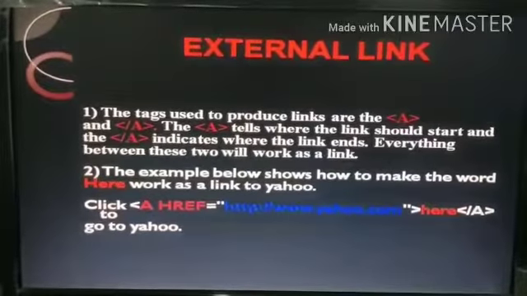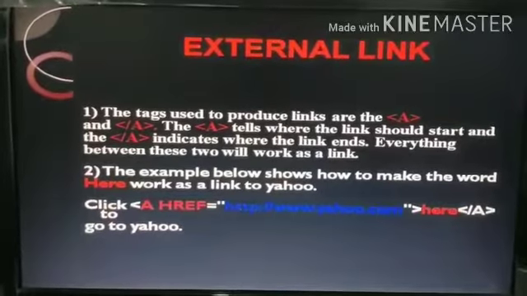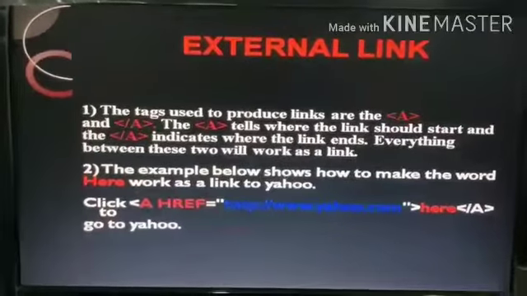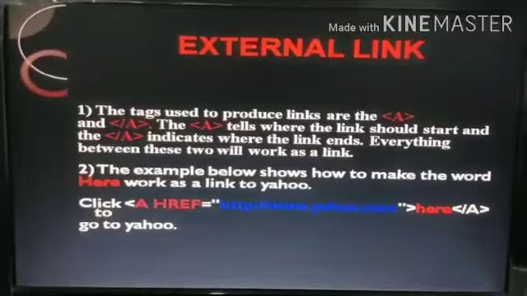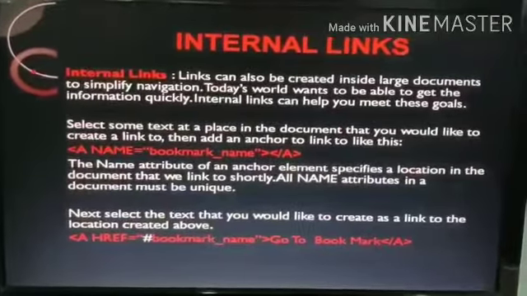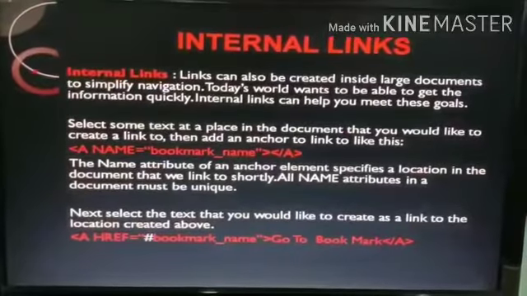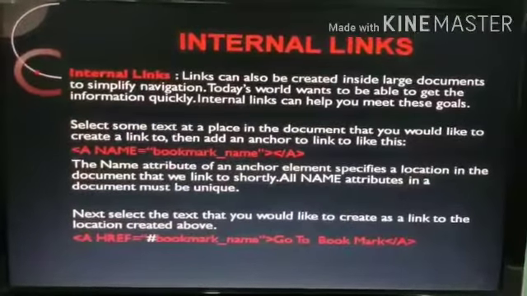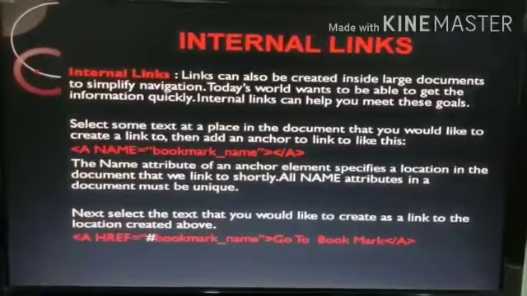And to use this, we have to use the anchor tag with the href attribute that contains the address of the file which we want to link with the hypertext. And internal file linking is also called intra-file linking. It means we can link one part of a document to another part.